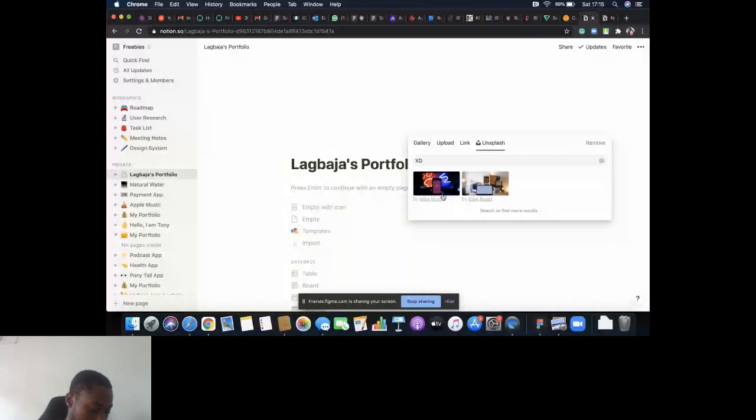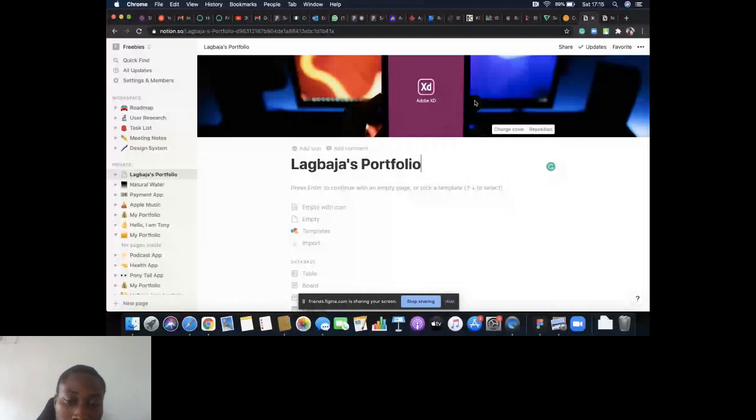Another thing I can do is reposition this. I can drag to reposition. But I want XD to be at the center of this so that anybody coming to this portfolio will know that this person can use XD or knows what XD is about. Another thing I may do if this was going to be my portfolio is go on Figma and do a very brief design showcasing all the design tools. So I can have the logos of XD, Figma, Sketch, Invision, Framer, Principle, and everything.